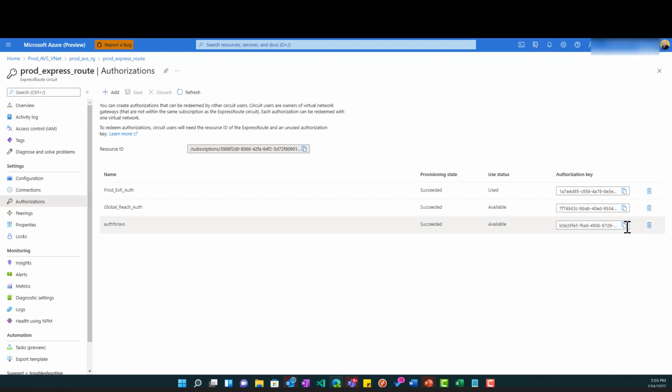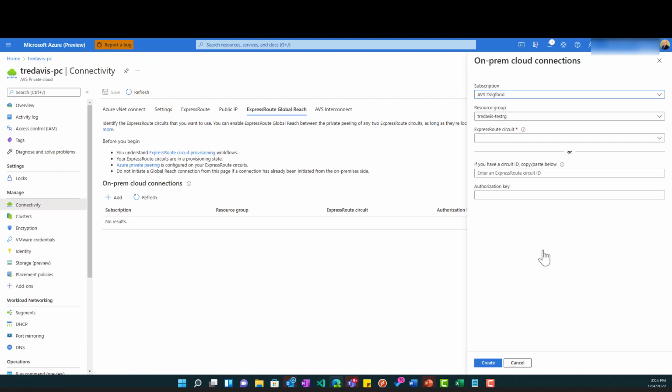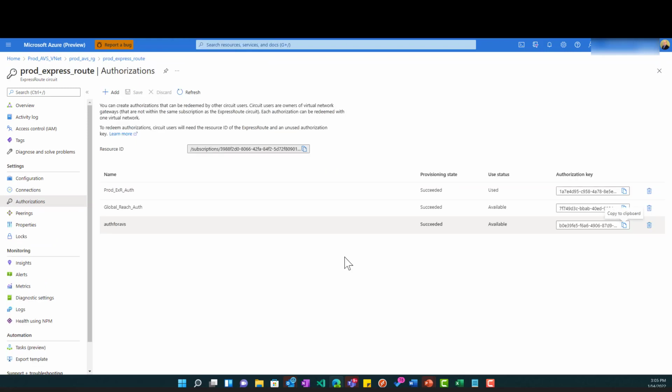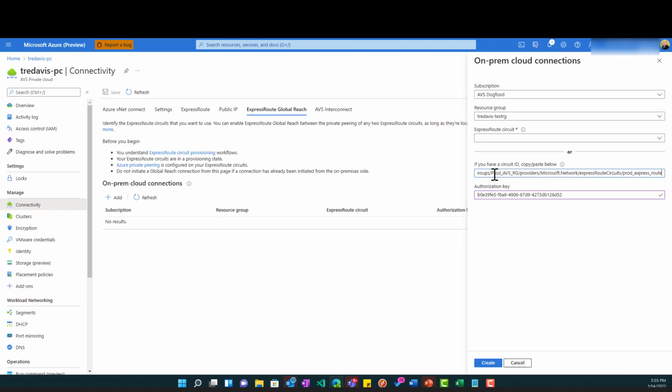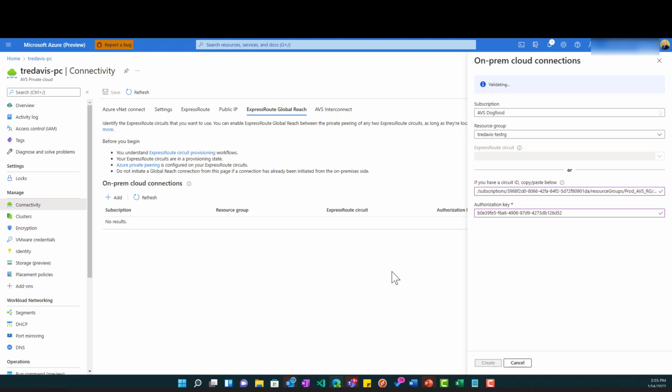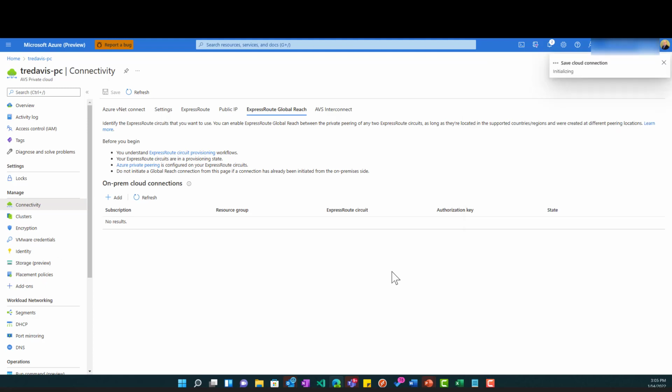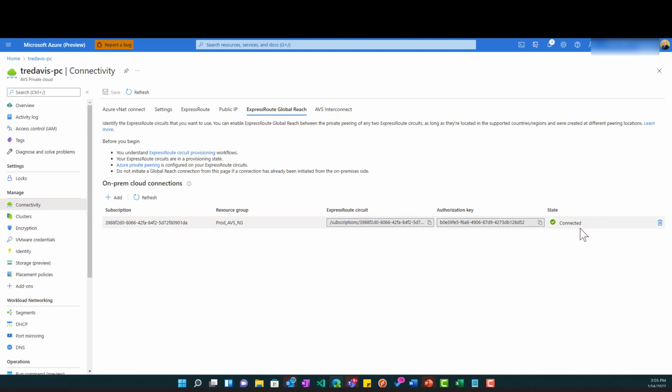Now that it's finished, we're going to copy the authorization key, go back over, paste it in, and then go get the circuit ID, which is this. And paste that in and hit Create. And now we see that it's in a connected state, so we now have our AVS private cloud connected to our on-premises ExpressRoute circuit, and if you were to look in your on-premises router, you should start to see routes